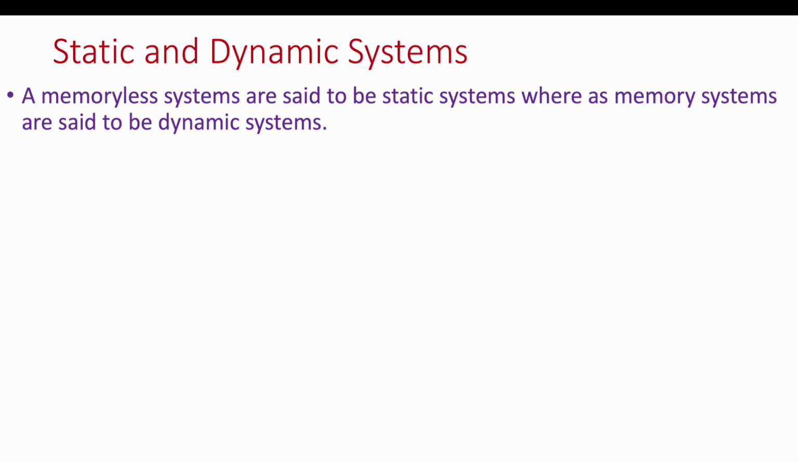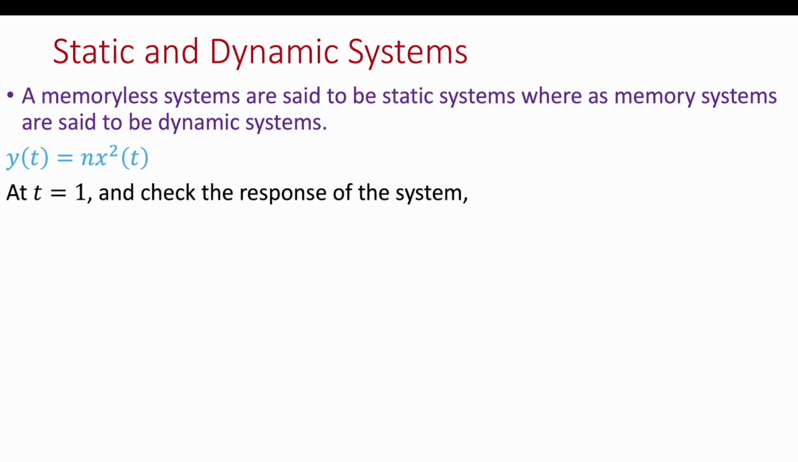In this video, we will discuss static and dynamic systems. Memory-less systems are said to be static systems, whereas memory systems are said to be dynamic systems. For example, if you write the response of the system like y of t is equal to x square of t,